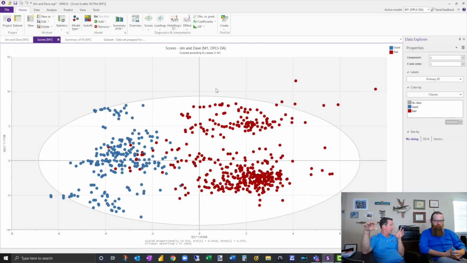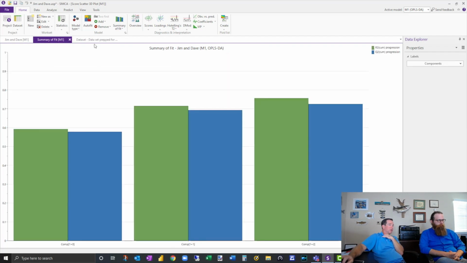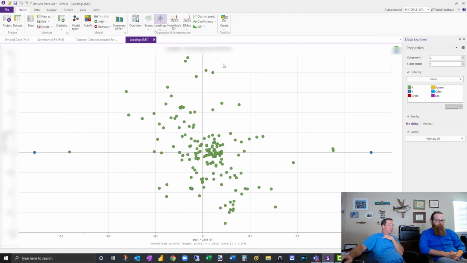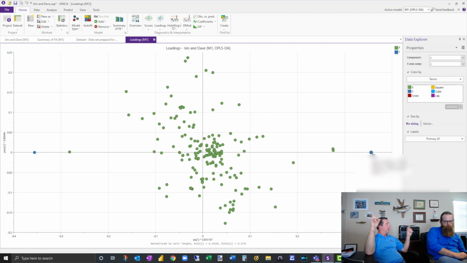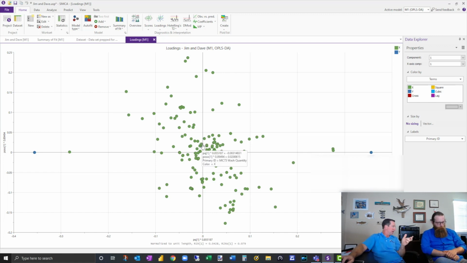What we're trying to do is get rid of some of that stuff, but we want to do it with some thought, right? We don't want to just say, oh well, that's crap data, get rid of it. Well, you don't know just looking at this. All right, so I'm going to go ahead and kill that off. There's also a loadings plot. Remember we were talking about doing the X and Y. So it might plot a Y on this 0 axis right here. And the things that are very close to it are actually driving it, good or bad. They're very correlative. The stuff in the middle is almost not correlating at all.